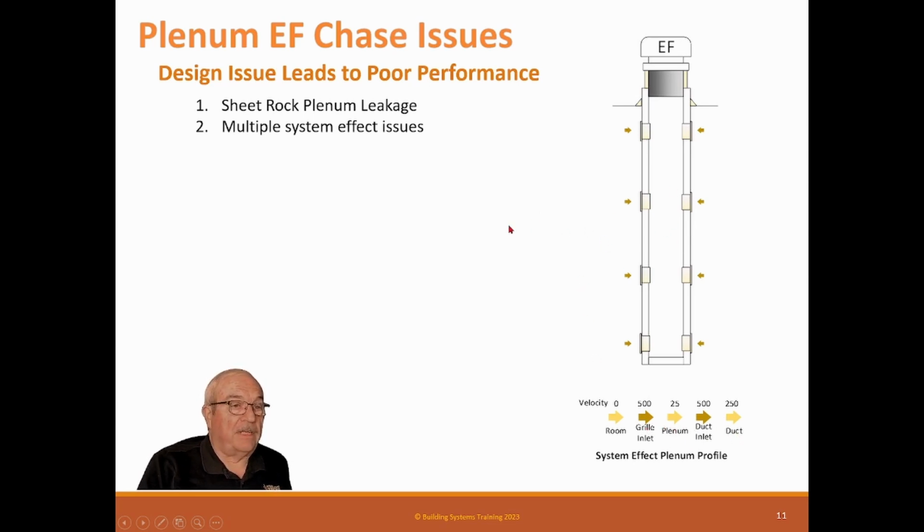And the same can happen in a return plenum configuration, where you have them going through walls that go all the way to the deck, and they'll put an opening in the wall for the air to get to the opening, and then go to another plenum, and then to another opening of the wall. Those don't work either, because that air has to speed up and slow down, speed up and slow down. I've seen them where it sucks the ceiling out near the air handler